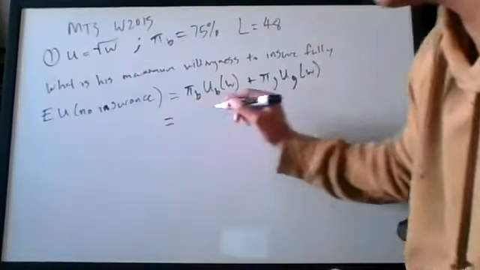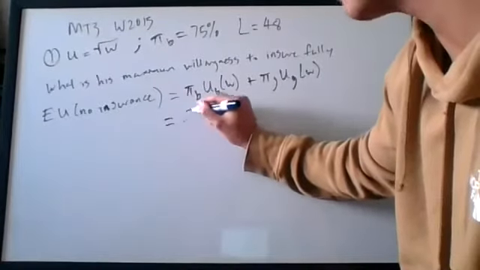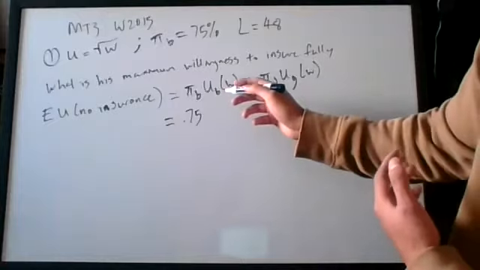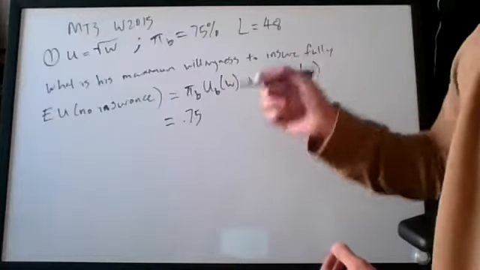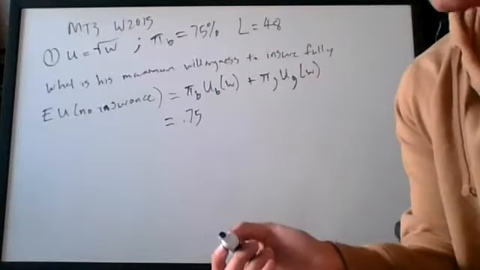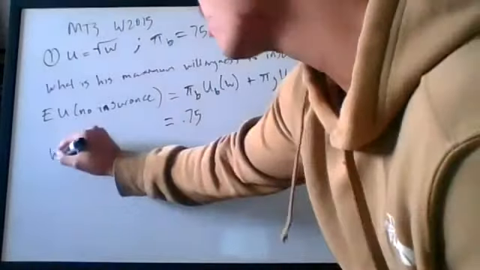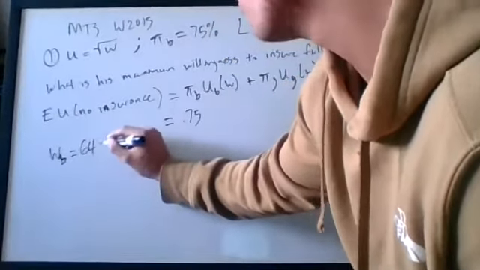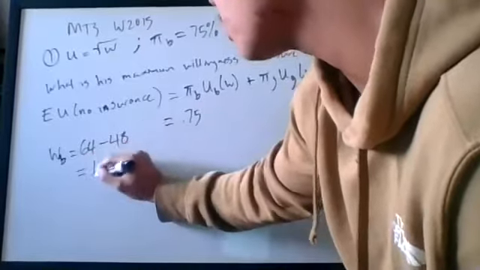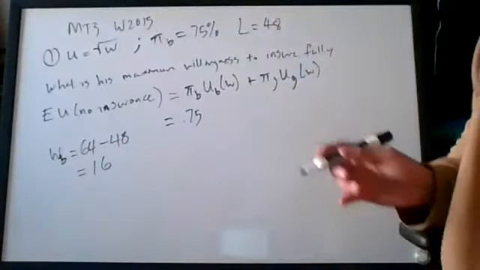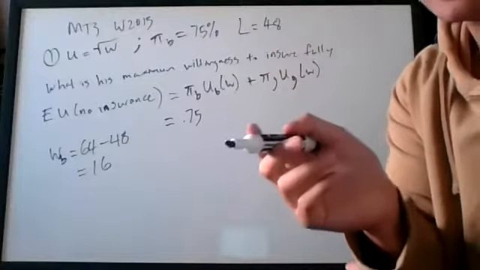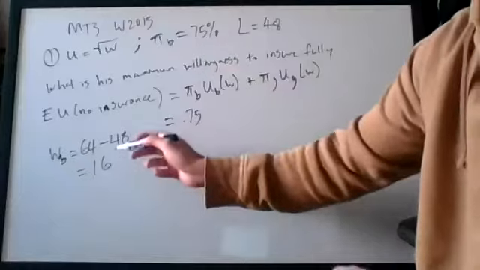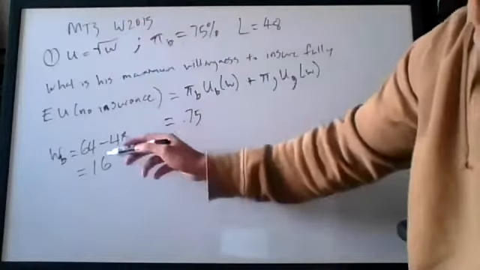And when you set this equation up, you get 0.75. And so in the bad state, we know that his outcome is where he loses $48. So his wealth in the bad state is equal to 64 minus 48. And so this is equal to 16, right? But we know that he derives utility